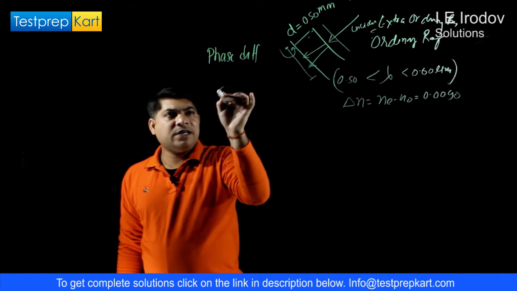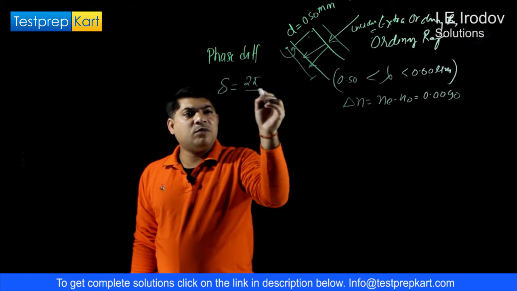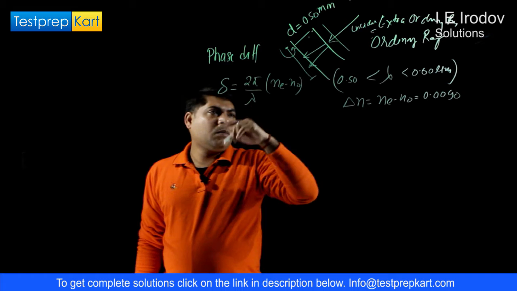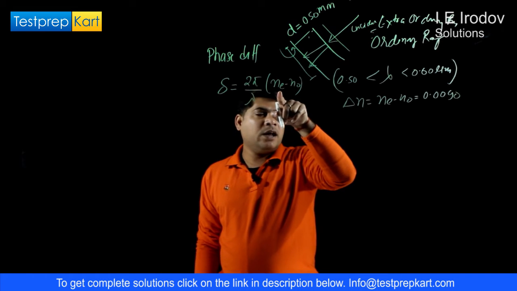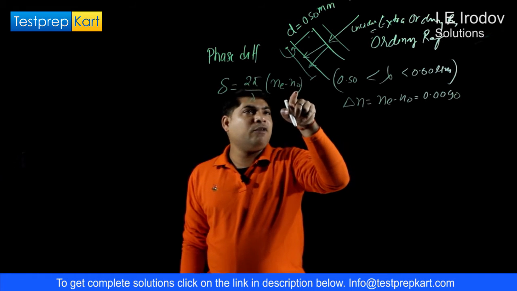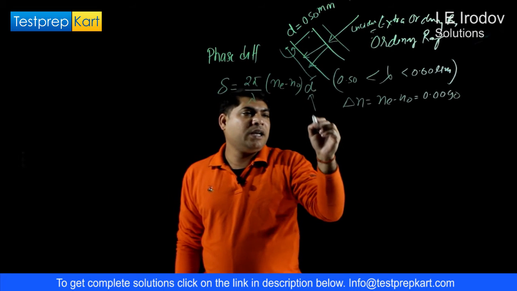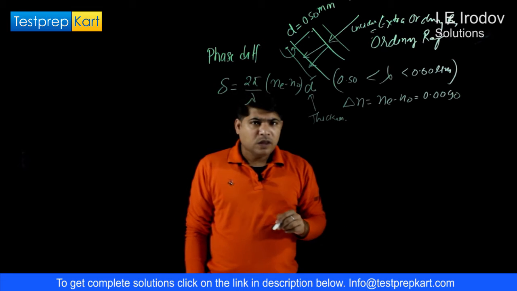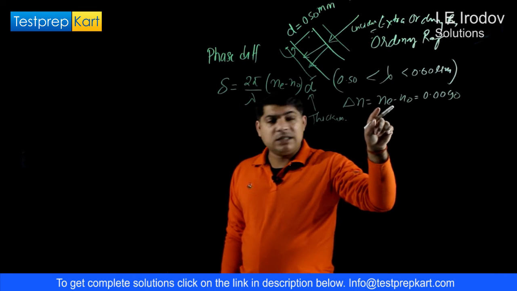That phase difference delta can be expressed as 2 pi over lambda into (Ne minus No) into D, where Ne is the refractive index for the extraordinary ray, No for the ordinary ray, and D is the thickness of this quartz. In this expression, delta n is given as